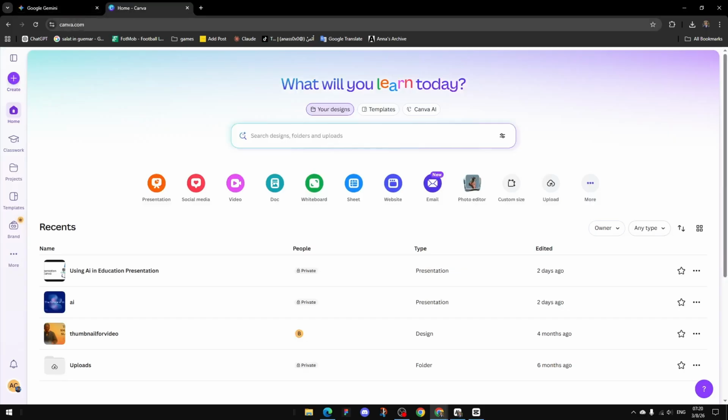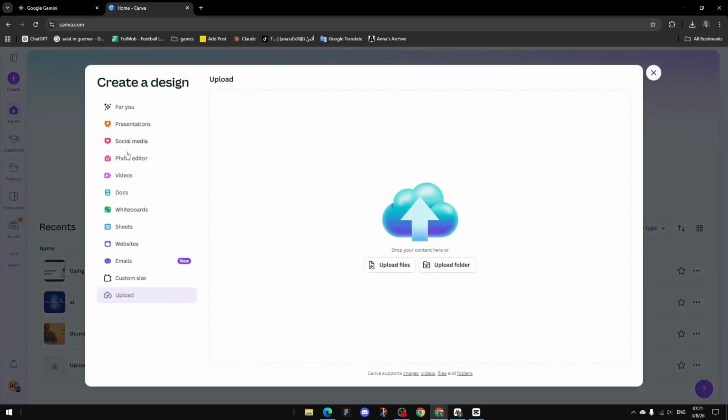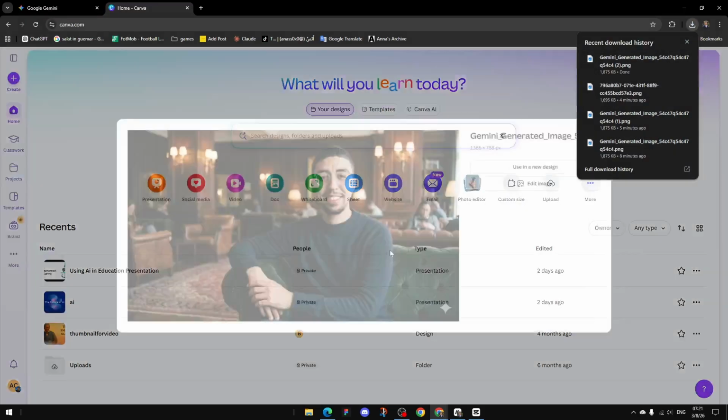Go to canva.com, and after that press Create and then I'm going to click Upload. I'm going to upload the file. I'm going to drag the image there